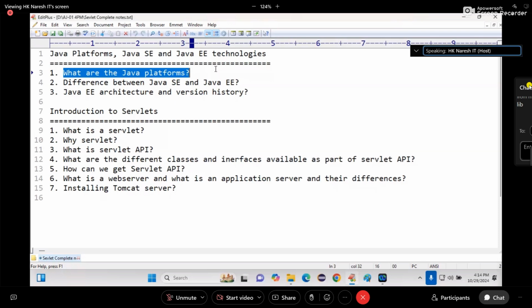JSP and servlets are meant for developing web applications. Servlet and JSP technologies are provided for developing web applications or websites. EJB was developed for developing enterprise applications, distributed and database interaction applications. Enterprise is nothing but distributed and database interaction applications. What is the meaning of distributed? I will explain it. Next, web services are meant for developing distributed interoperable applications. What is the meaning of distributed? What is the meaning of interoperable? We will discuss later. You will not understand at this stage.